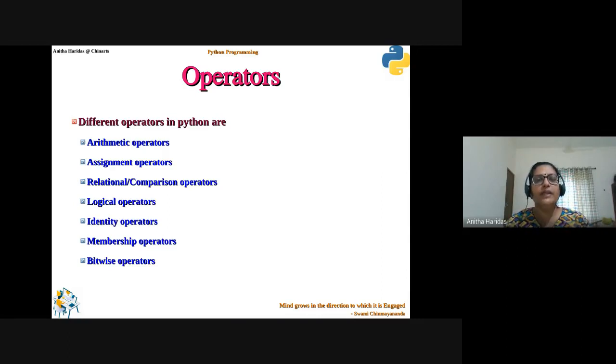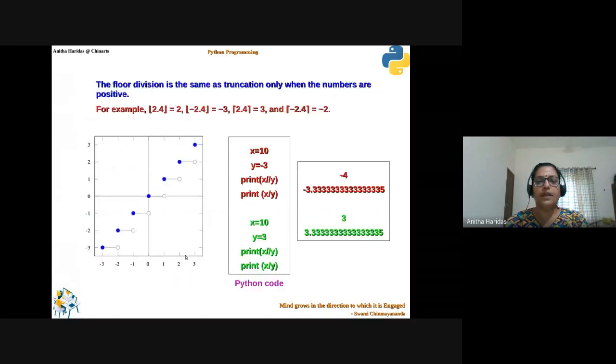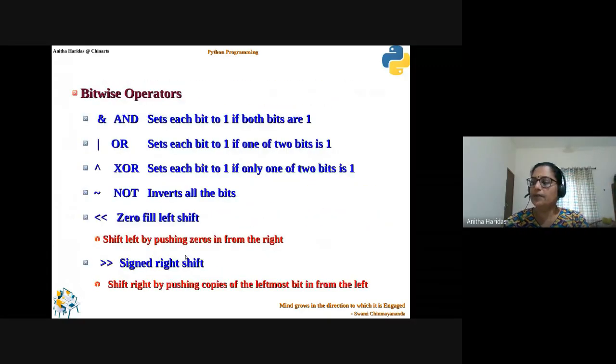The only difference in the right shift is that if it is going to have a positive value, it is similar to the logical right shift itself. But if it is having a negative value, then it will be the arithmetic right shift, where the negative value is represented with 1, and that 1 will be used for shifting the value, right? So these are the things that we have to understand in the operators.